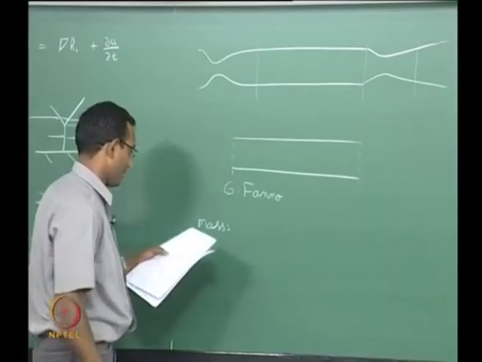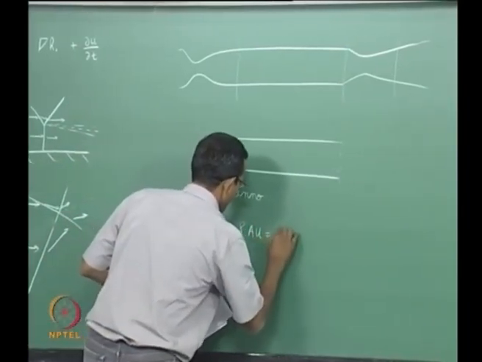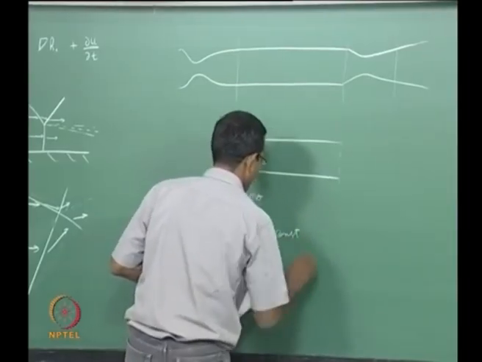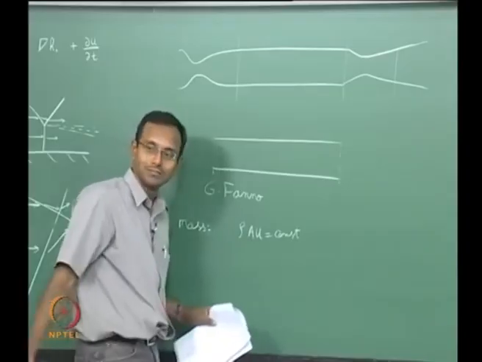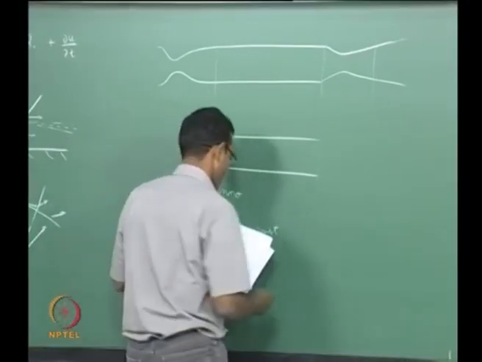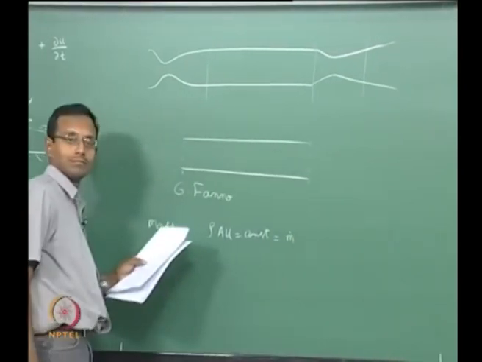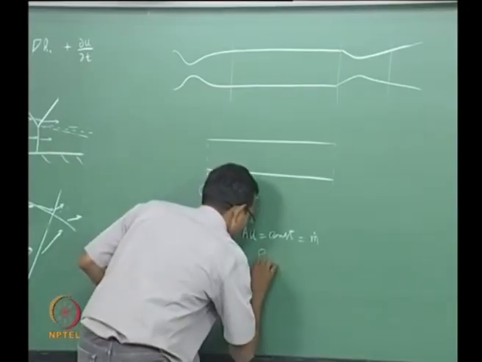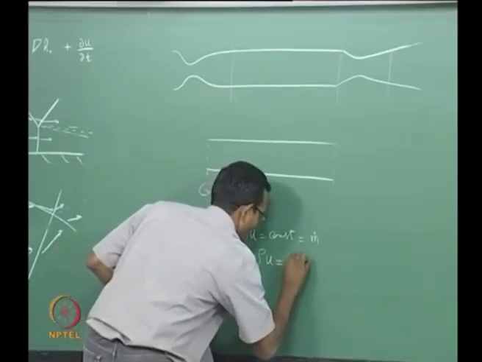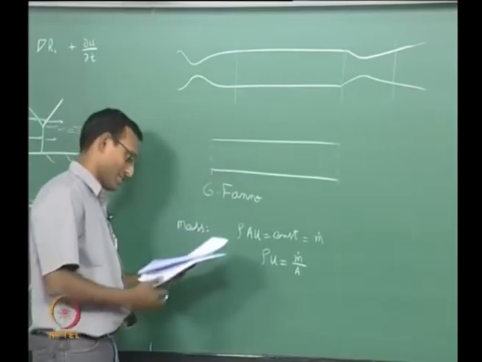I am going to have the mass equation which we already have as rho A u equal to constant. In this case area is a constant, so I can pull it out and say rho u is a constant. That is the only special thing if I want to think about it. Okay. Rho A u is also m dot, mass flow rate. Okay. So I can rewrite this as rho u is a constant, the constant is equal to m dot by A, which we know is a constant anyway.